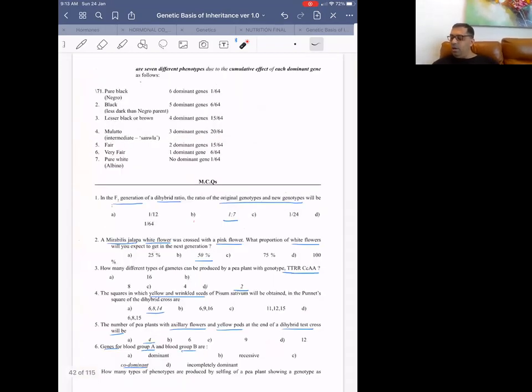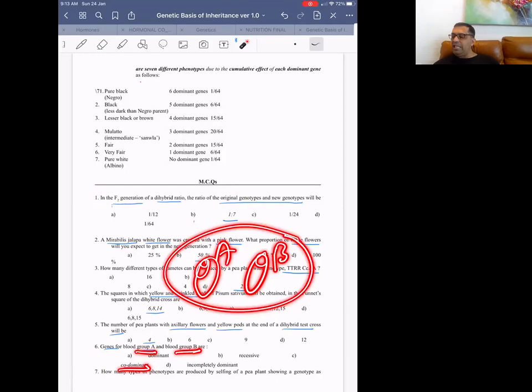एंड देन वी हैव genes for blood group A and blood group B are codominant. And what will somebody with A gene and somebody with B gene produce? Blood group AB, where A will express to form the A antigen, B will express to form the B antigen, and blood group will become AB.